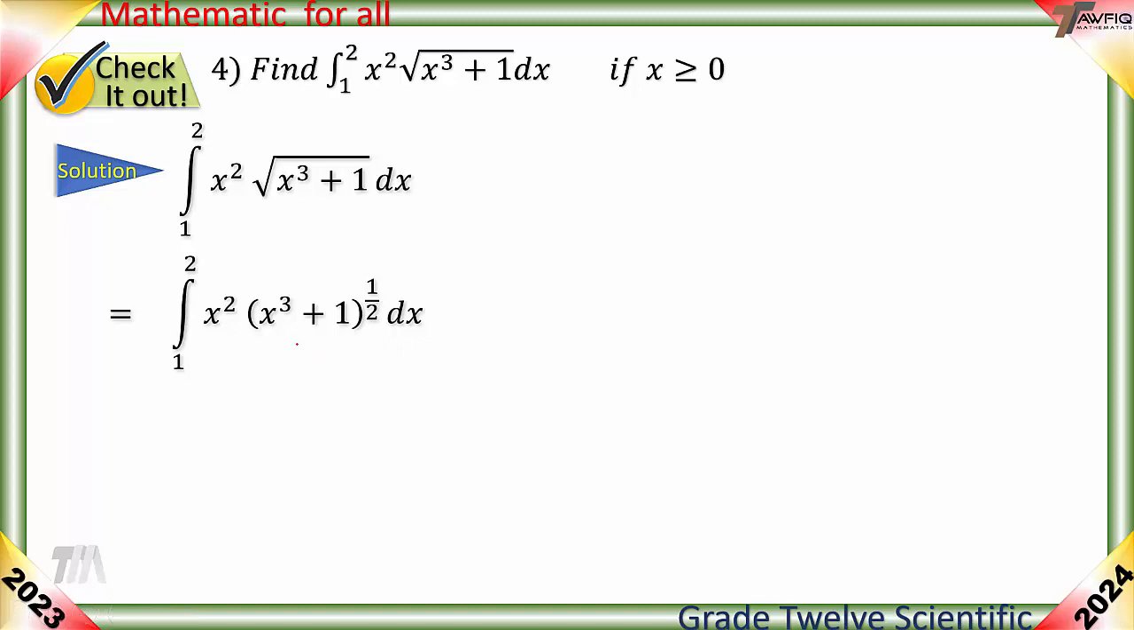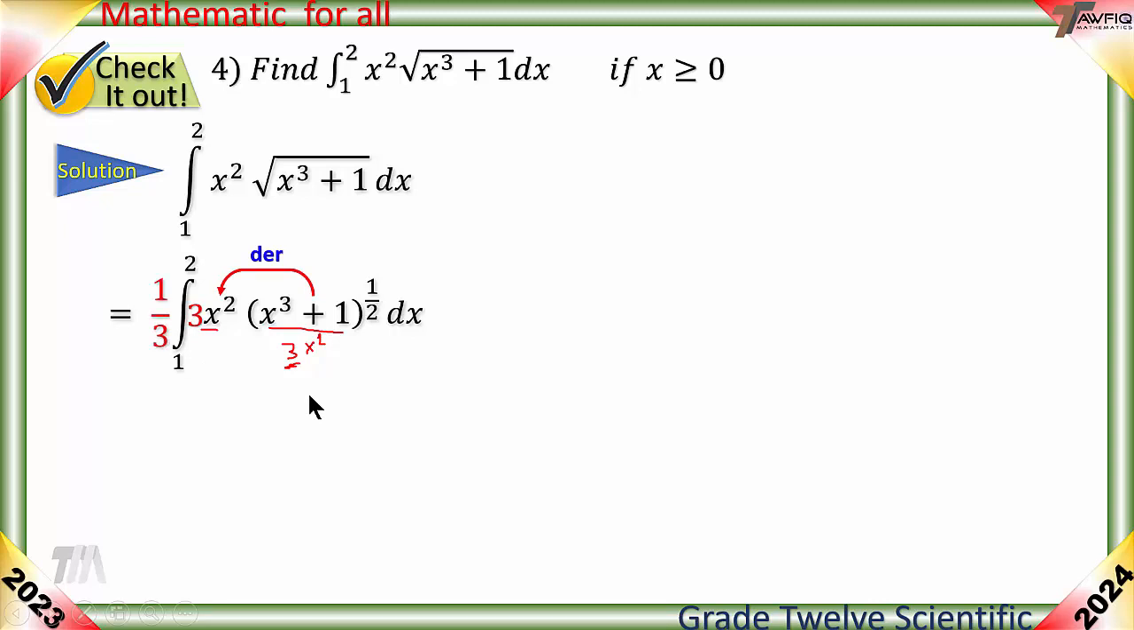Because the derivative of inside the bracket is 3x squared, and we have the x squared, but we are missing 3. So you must multiply inside the bracket the integration by 3 and outside by 1 over 3. So it becomes